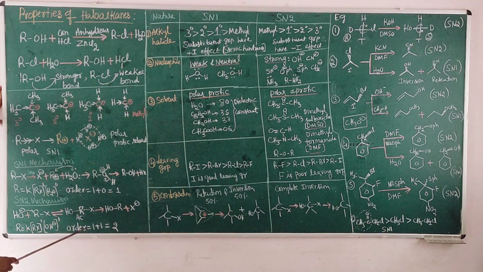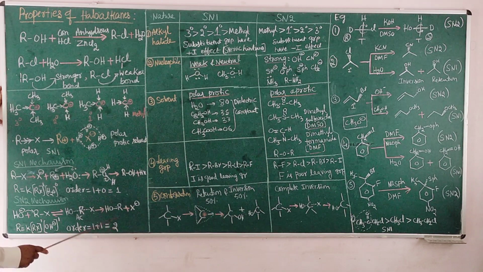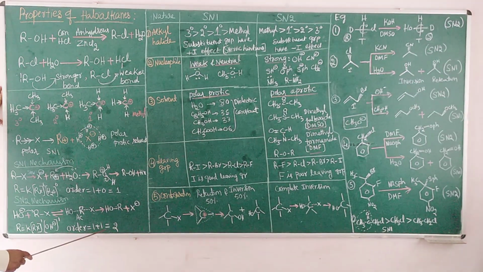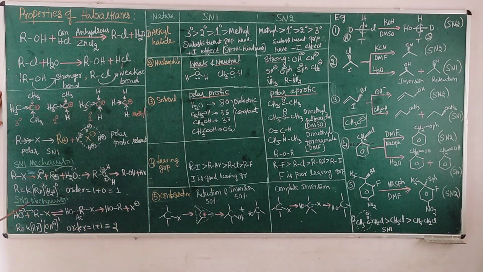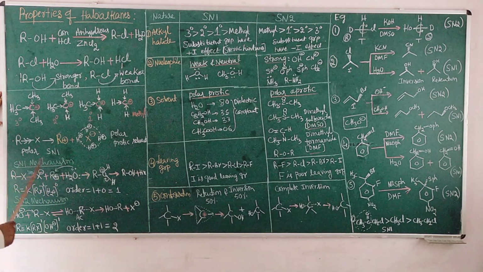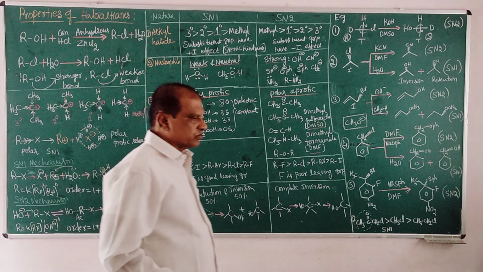Now the order of reaction is equal to 1 plus 1, which is 2. This 2 stands for the SN2 mechanism. So it is second order, or bimolecular nucleophilic substitution. That is why, in accordance with the steps and the kinetics, the mechanisms are named